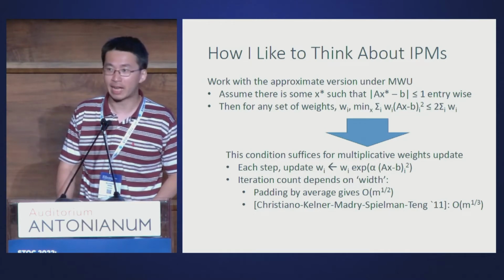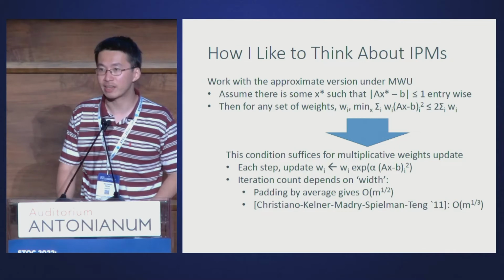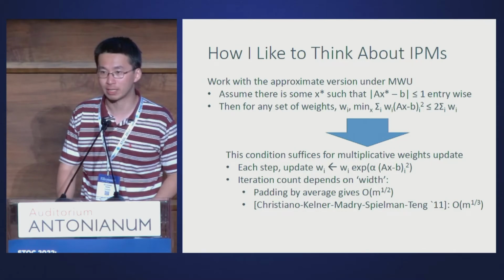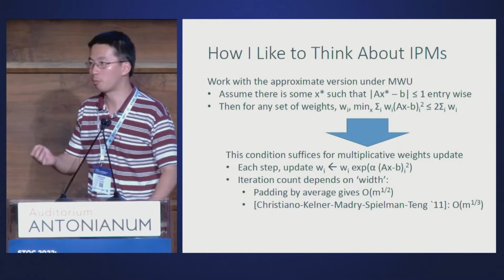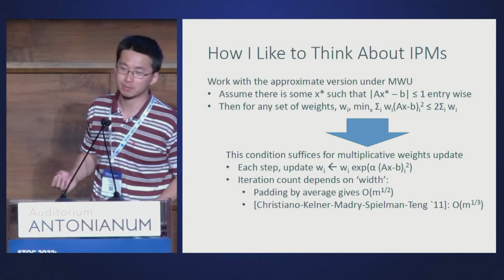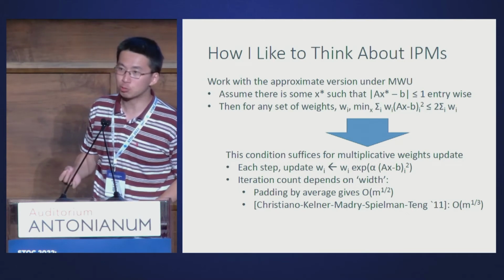And what happens is I assume that there exists some x star, such that A x star minus b is entry-wise less than or equal to 1. So basically, the way to think about it is that I want to search for a point where the residual is less than or equal to 1 everywhere. And if I do have such a point,